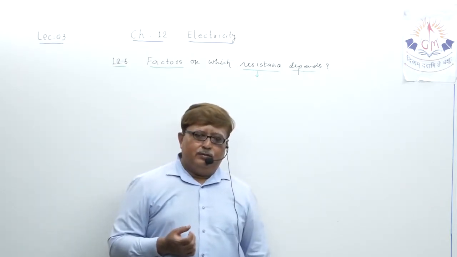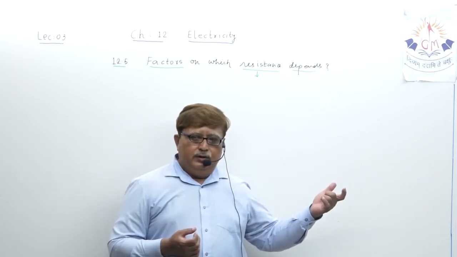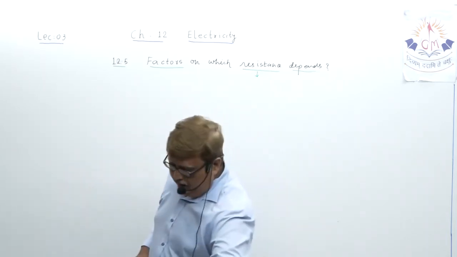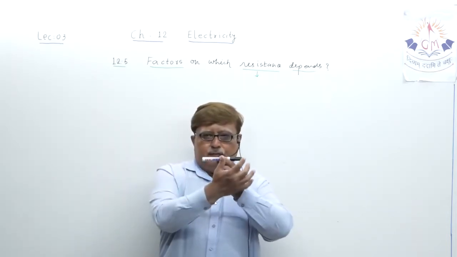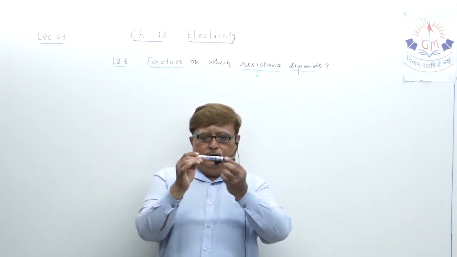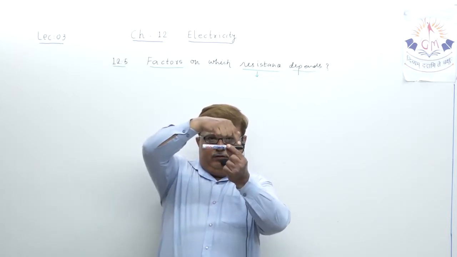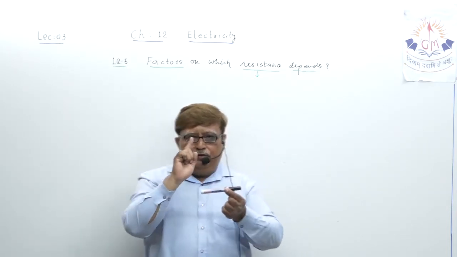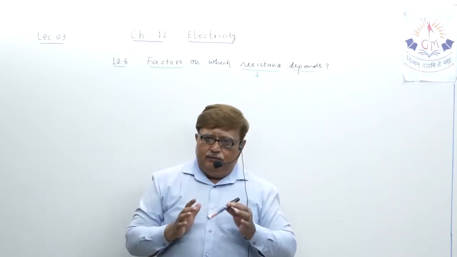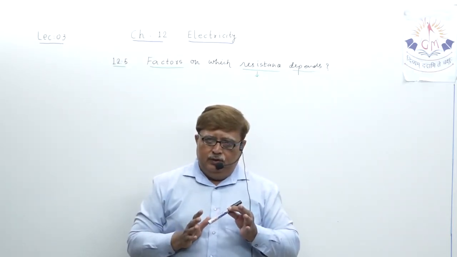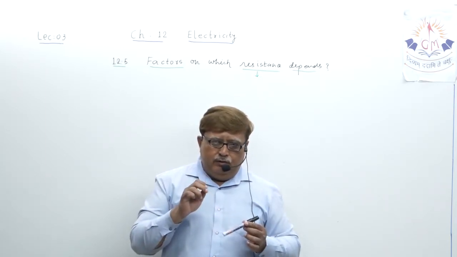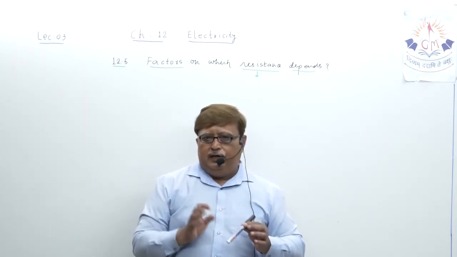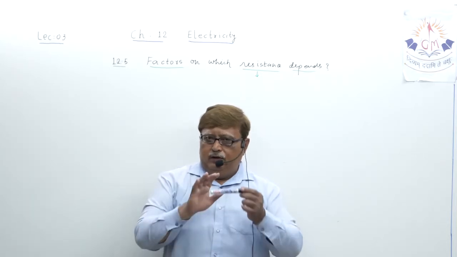Similar case with electron. Whenever electron has to pass from one end of the conductor to another, negative to positive, lower to higher potential, inside the solid conductor there are jam-packed atoms and ions, which do not allow a very smooth flow of electron. Actually the motion of electron is restrained.